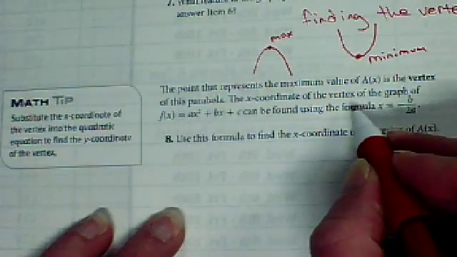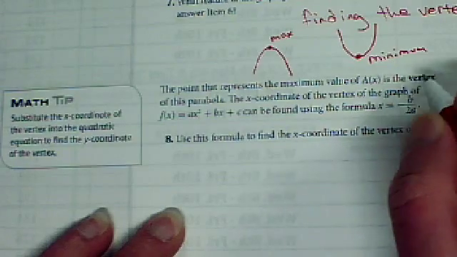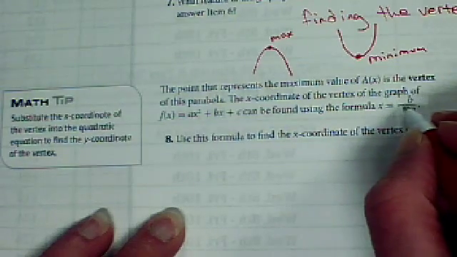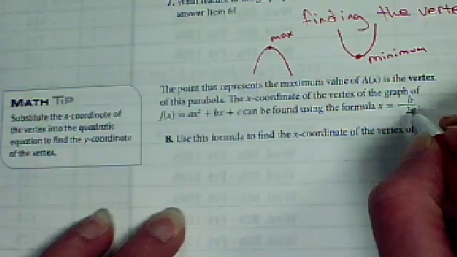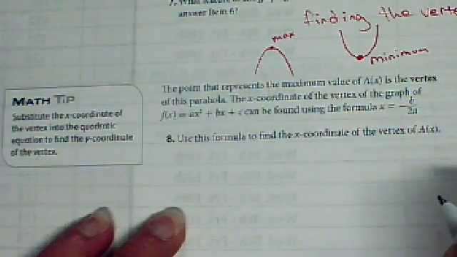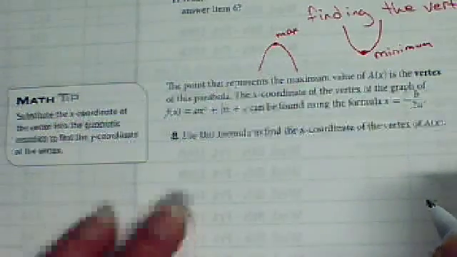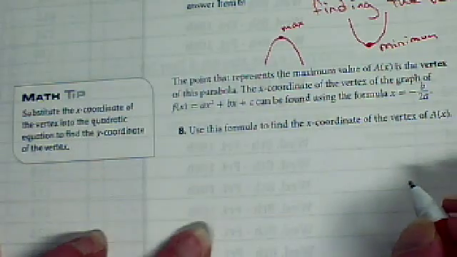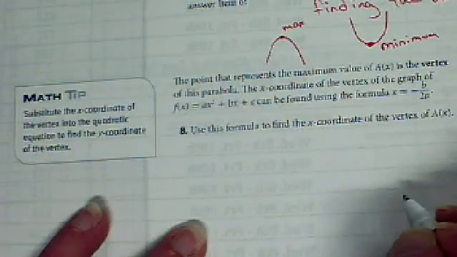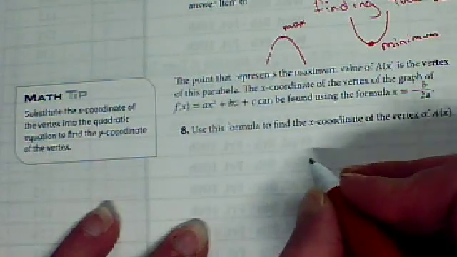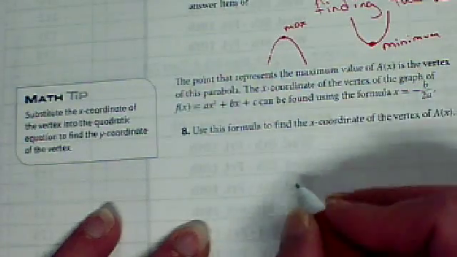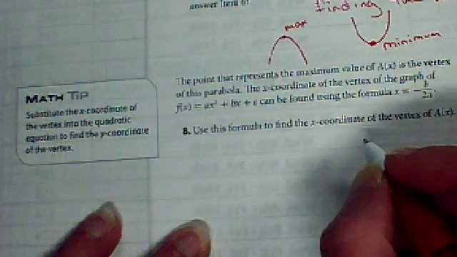The x-coordinate of the vertex can be found by using x equals negative b over 2a. That should remind you of something. It's part of the quadratic formula. It's not the part with the square root, but it's the rest of it. So let's try it and see if we get the same thing. If we use that on the function we just had,